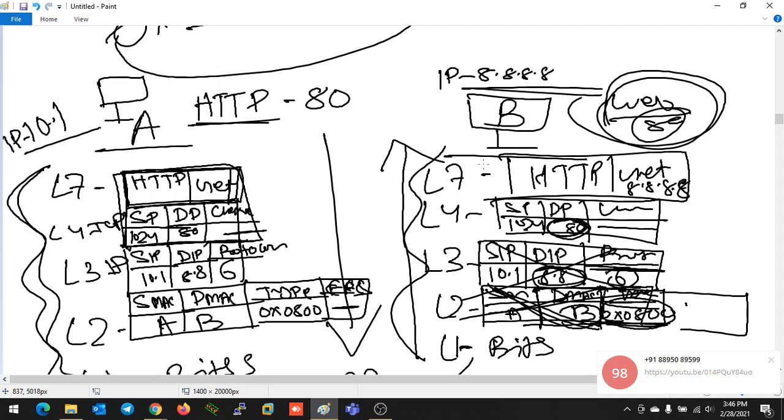For another page, like you have abcd.com, you open that one, first a GET request is sent. Again, you open abcd.com/about, then again one more request you have to send, and all the process will happen like this. Not only for HTTP, for all the services you are going to use, these kinds of things are going to happen every time. Encapsulation and decapsulation processes are going to happen.